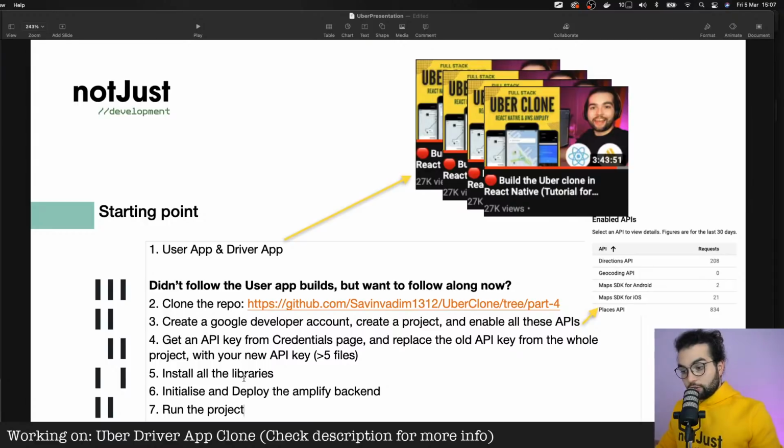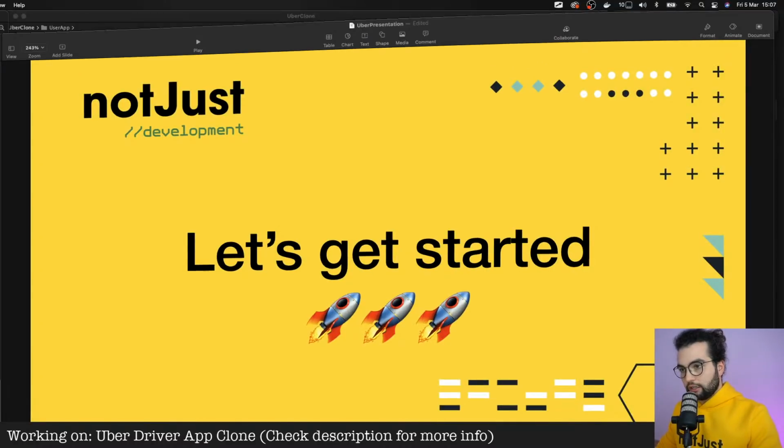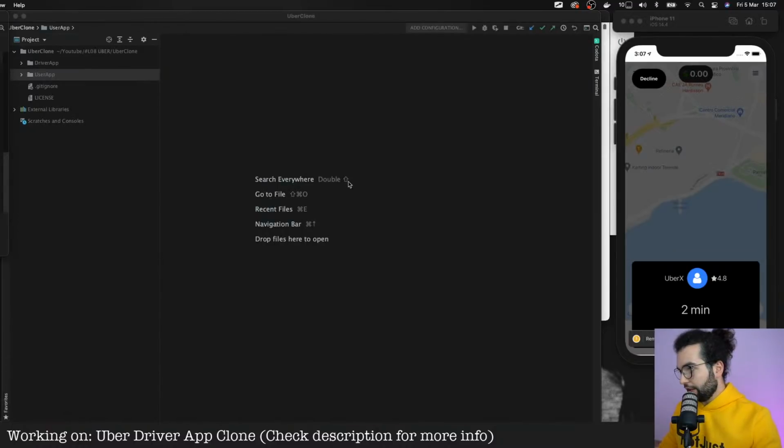Then you'll have to install all the libraries, and the last step will be to initialize and deploy the Amplify backend that lives in the user side application. Once you do that, we are on the same page and we can start working. All right, so let's have a look here.